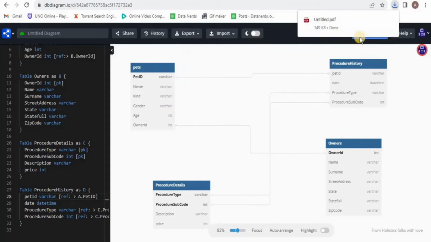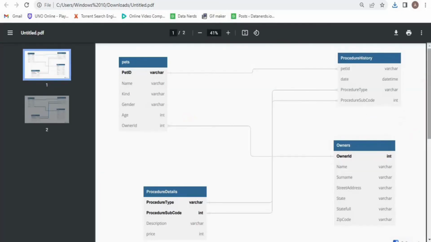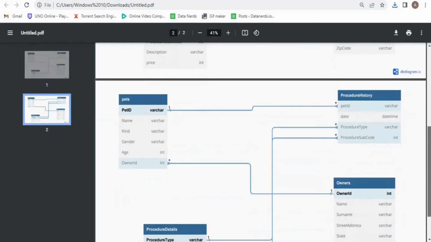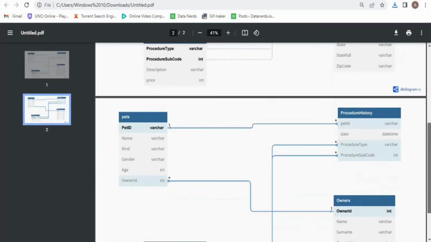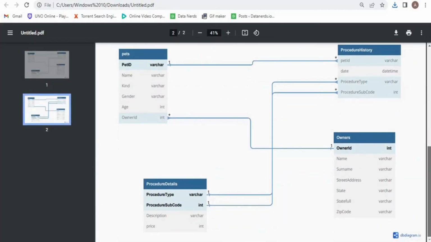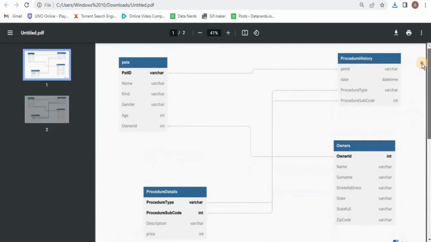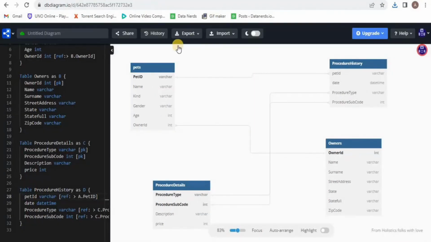After clicking on export to PDF, your diagram will be downloaded as a PDF file, and upon opening you will see the first page has the simple diagram and the other page has the diagram showing the cardinalities between the classes. Let's go back to dbdiagram.io, and this time I am going to export the diagram into SQL code,